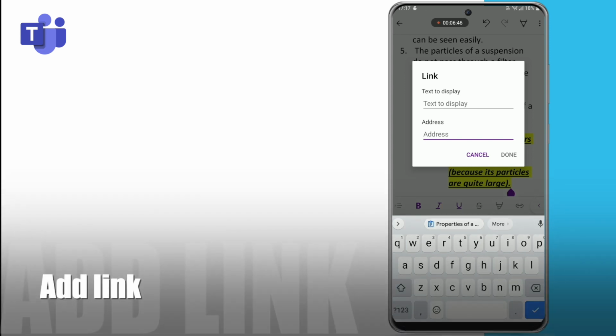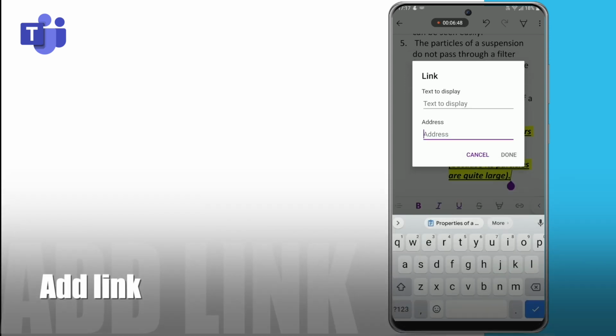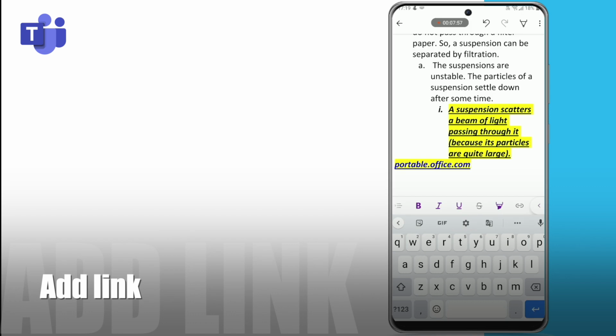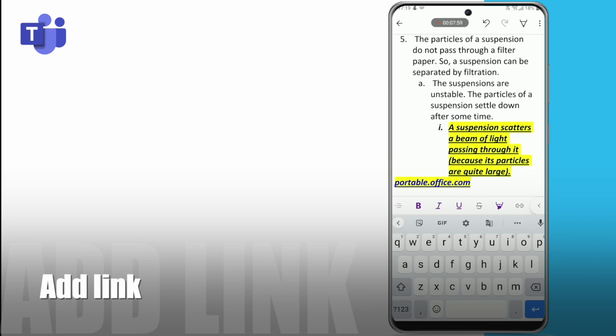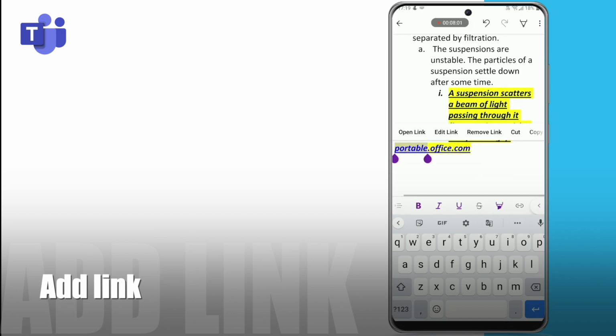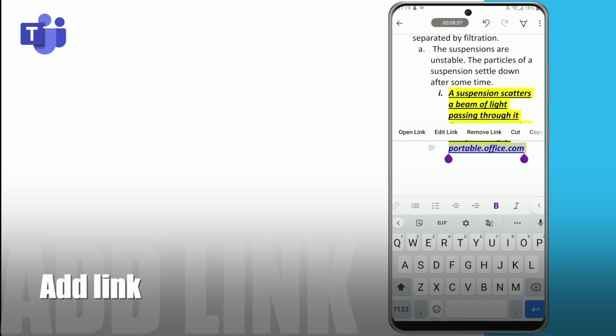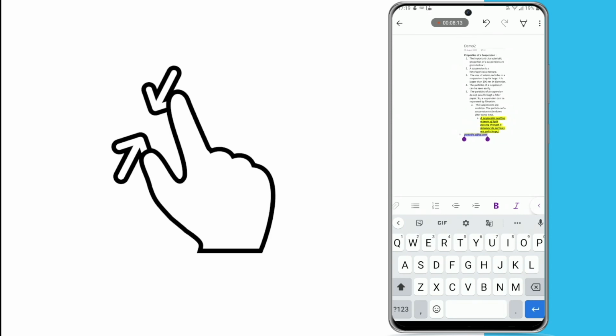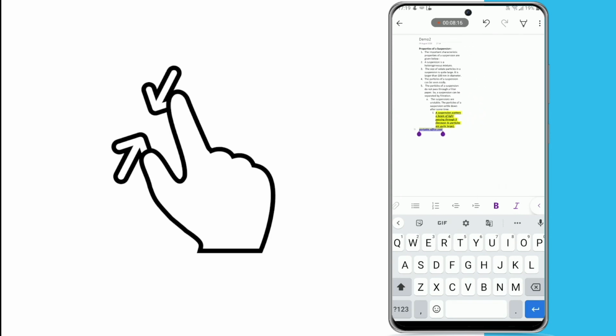For example, let me add portal.office.com. Okay, so that means your link will be added here. So it depends upon you where you want to keep it. In case you want to keep it in between, you can change the position depending upon your customization. Okay, so now I will again zoom out.